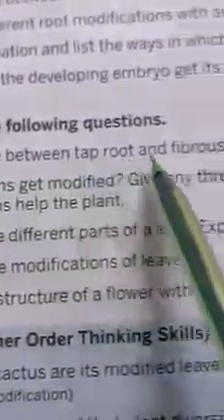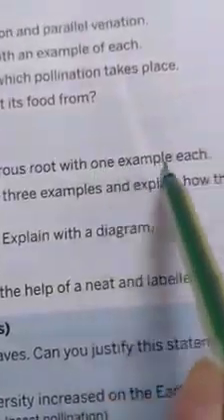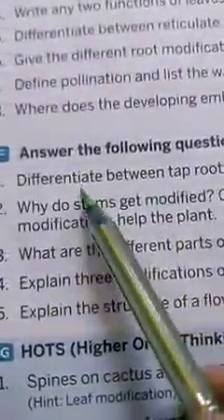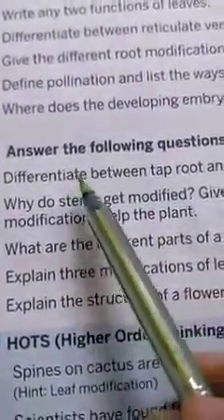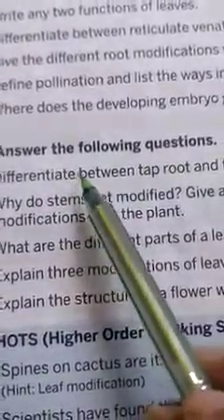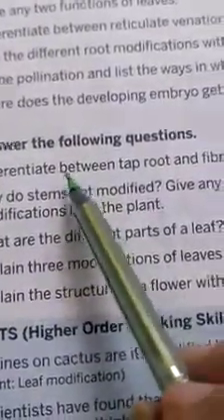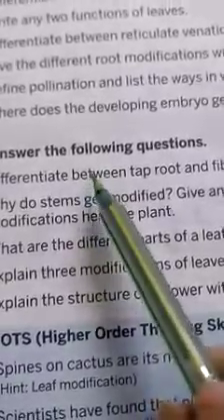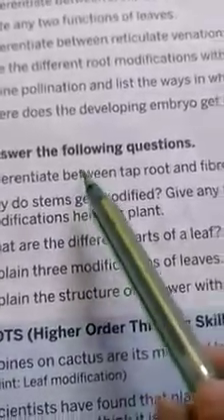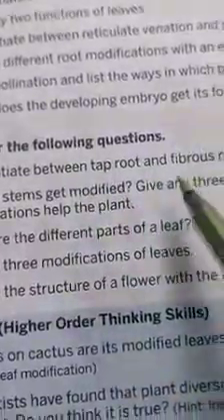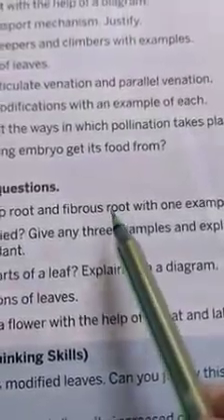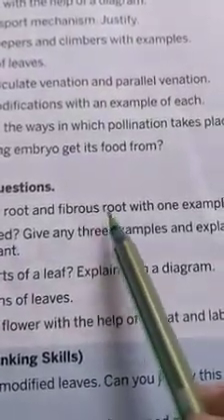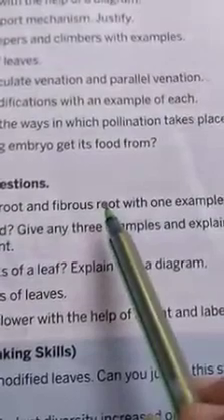F. Answer the following questions. First, differentiate between the tap roots and the fibrous roots with one example each. Dear students, a tap root is structured with one main root and many branches, and gives anchorage to large trees like mango. Fibrous roots, dear students, help plants like sugarcane and maize to spread along the ground for